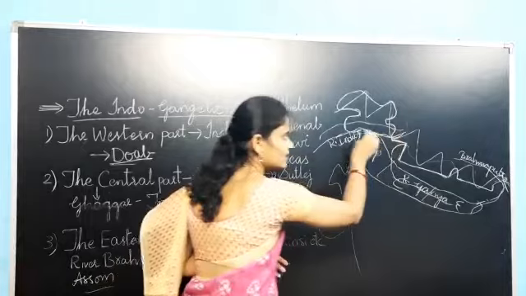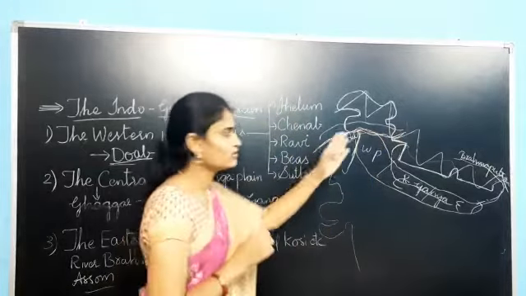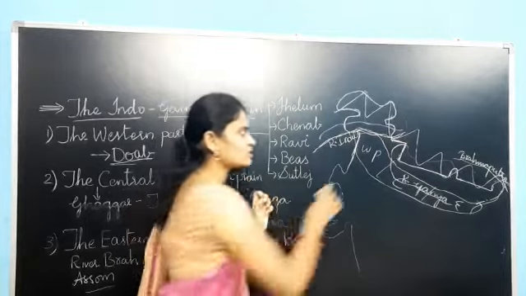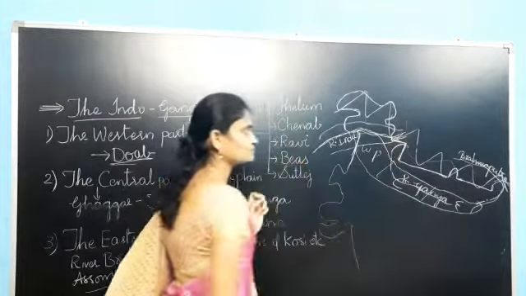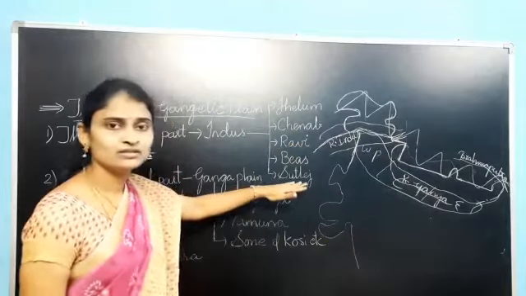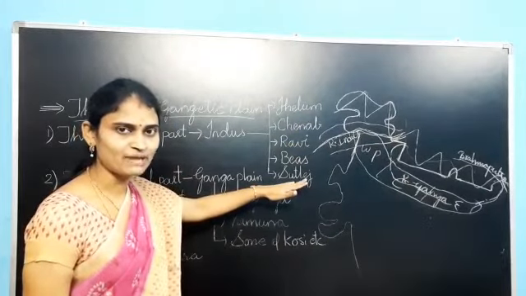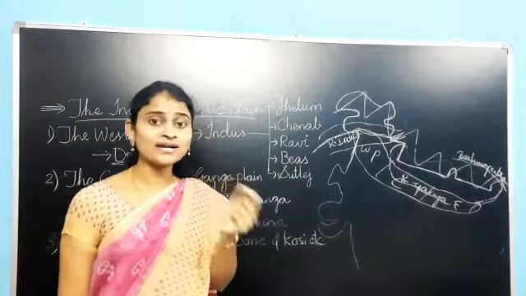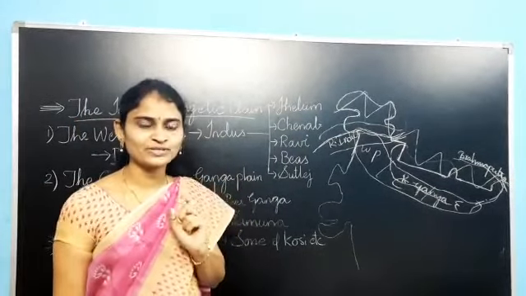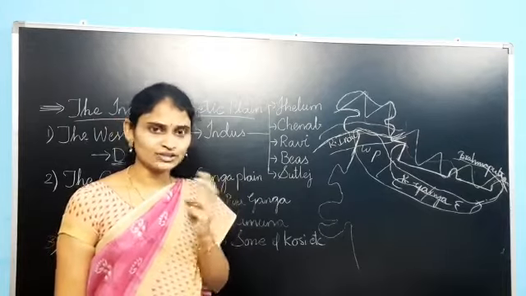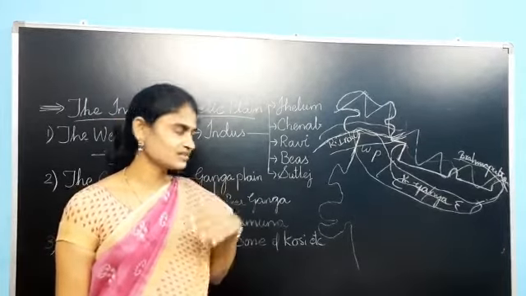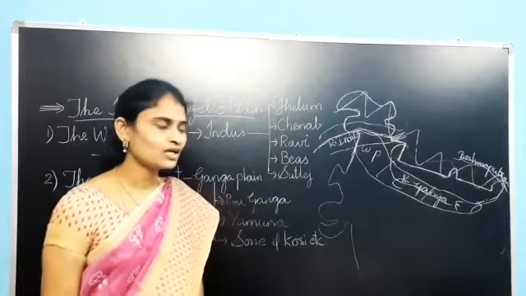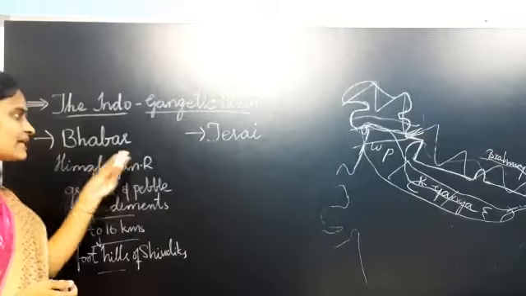River Indus flows to the west from these Himalayas. And if you get tributaries also, you can locate them here. River Sutlej is important for mapping skills as well for locating the Bhakra and Nangal projects. Bhakra and Nangal are two projects which were constructed across the river Sutlej. Children, next one is about Babur and Terai.